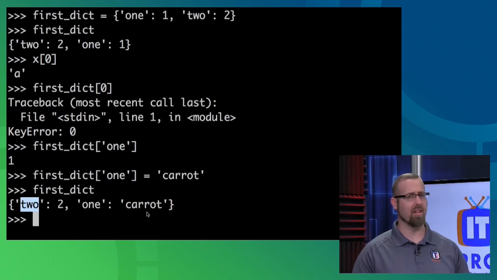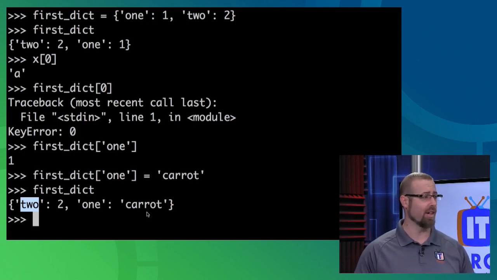Yeah, and instead of having to go in and redefine the entire dictionary so that I can make that one change, I have the ability to just select where I want to make the change, do that, and say, here's what I want to do. Before I had 1 equals 1, the actual number 1, or the number 1 equals the word 1. Now I want it to equal carrot because my definition of what I want 1 to be has changed. Therefore, I can make that change easily.